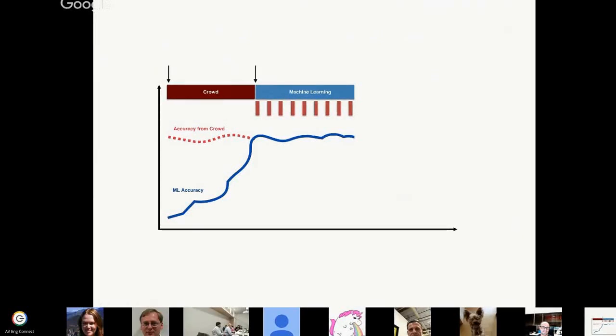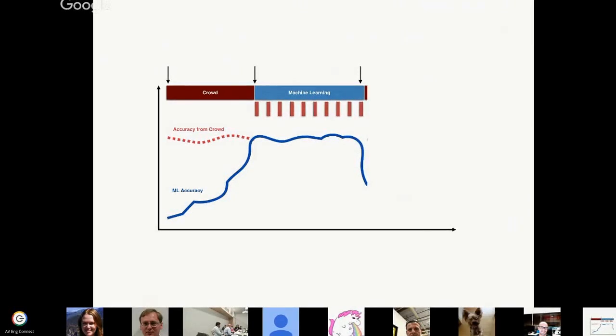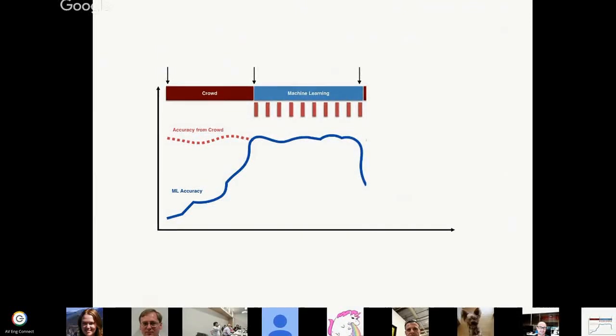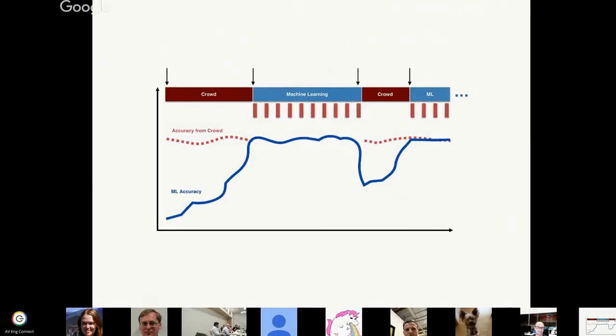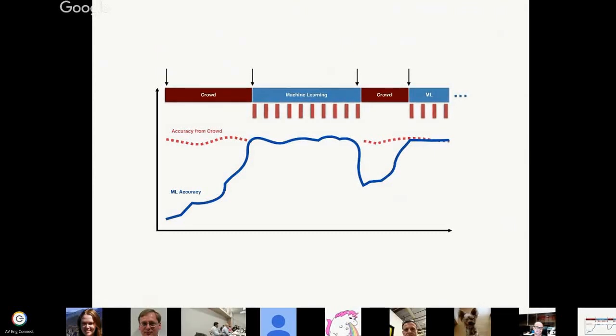A good example here might be if you're developing a detector for whether there is a bus at the bus stop, and you've developed that in summertime in Pittsburgh, and now all of a sudden it's wintertime and you have snow on the ground. You might fall off this cliff in terms of accuracy. So once you've detected that you've fallen off this cliff, you go back to getting labels from the crowd, and then you can go back to your machine learning classifier. So it allows you to have the appearance of really high accuracy over time, but not have to have a perfect system over time.